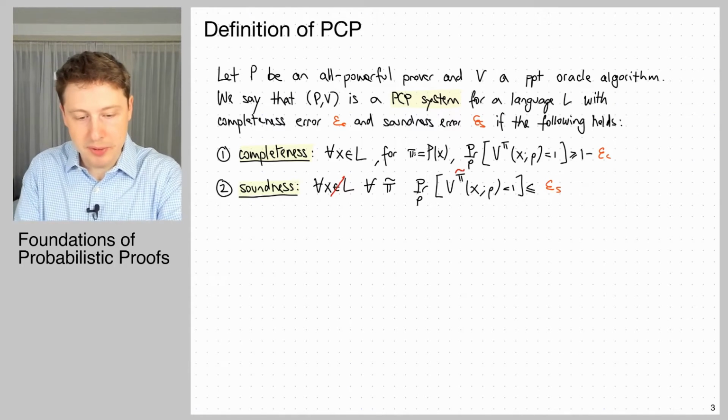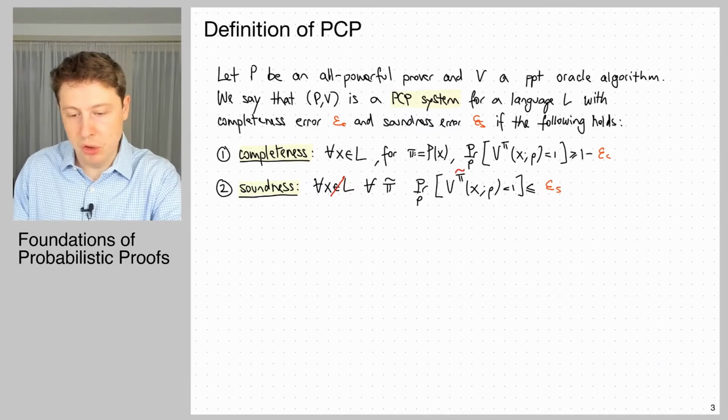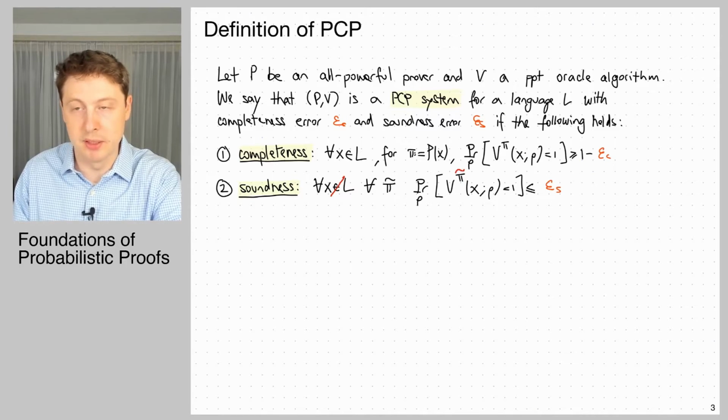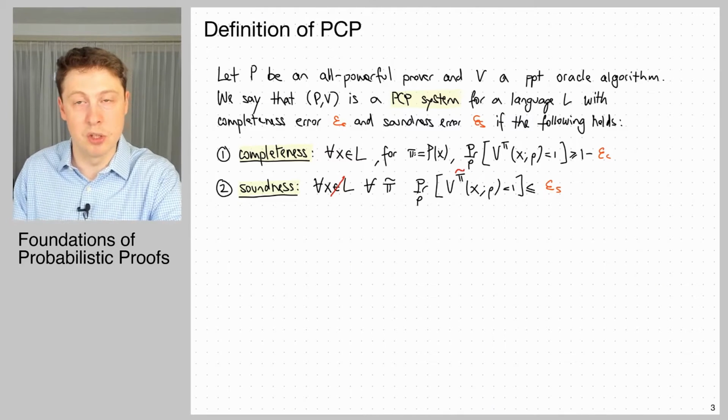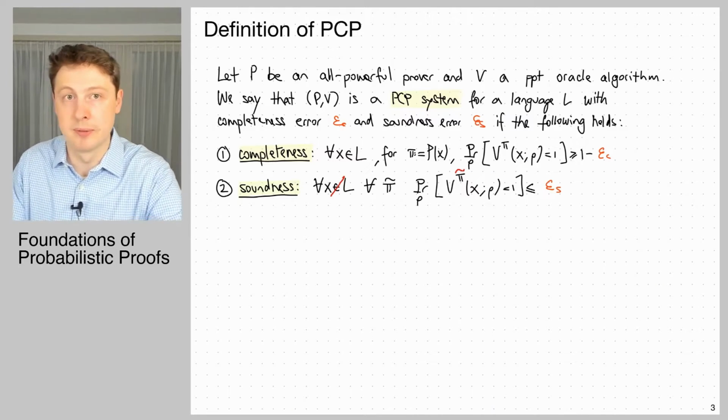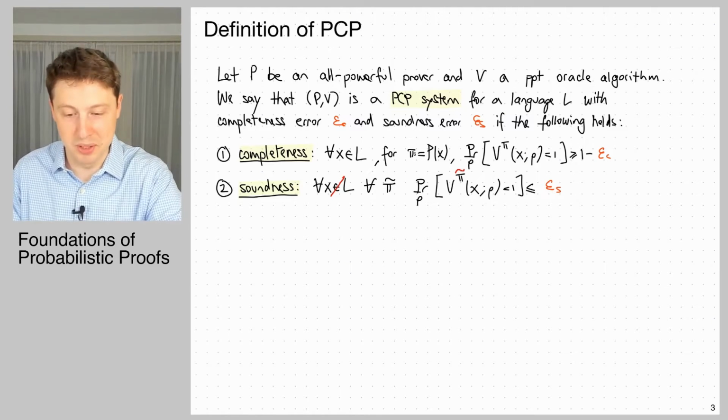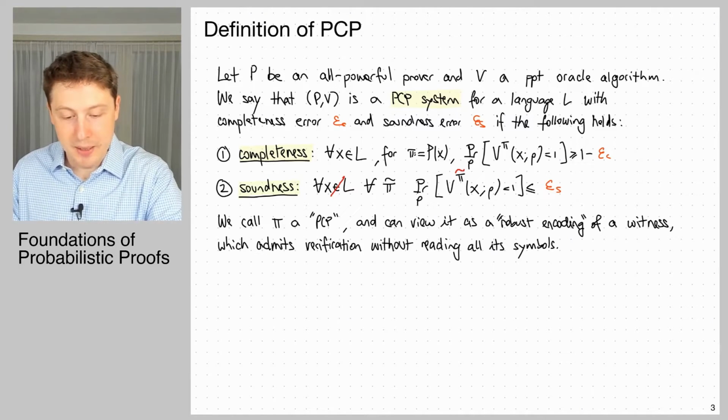Any questions about definitions so far? It should be fairly natural to parse. We've seen at this point, between NP and IP, we should be quite comfortable with definitions of proof systems. Okay, I don't see questions. So now